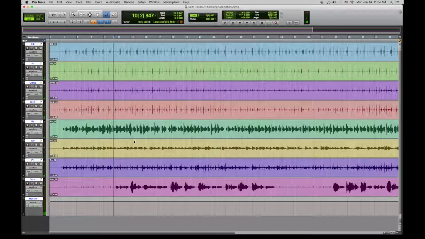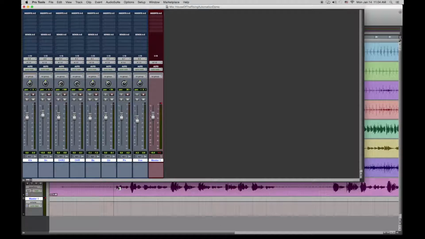So you can see even from the waveform here that the level of the opening phrase is not as loud as the second part of the phrase. So what we want to do is add some automation to increase the gain here. That'll help us dig out some of the words, and actually she sounds really good in there, but it's not cutting through the mix. So first I'll show you how to do the automation in the mix window